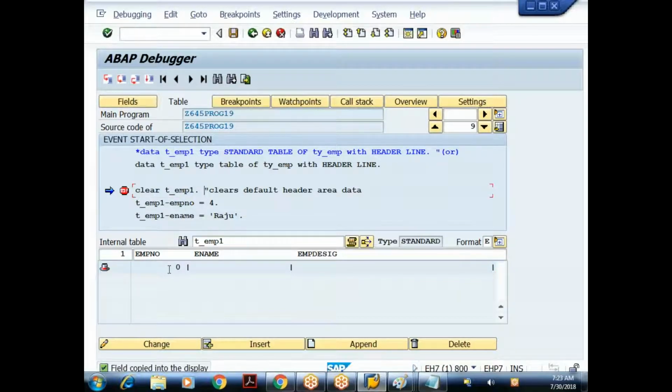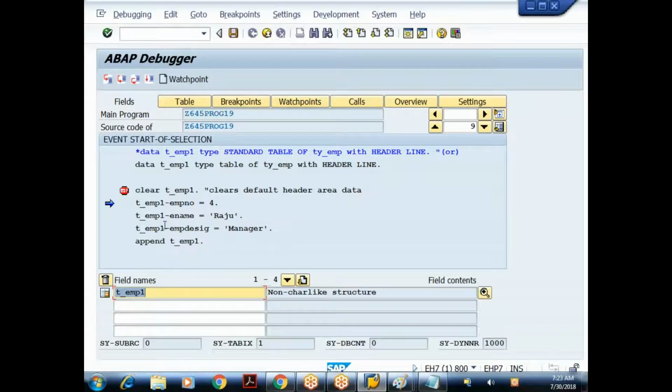So what I am saying, clear? So clear means it will clear the data. As of now, there is nothing to clear. It contains only the default value. So nothing will be cleared. So how do you execute one statement at a time? F5. So when I say F5, done. Okay. So the data is the default data, it will be like that only. Now what are you doing? We are assigning the data now. Since my internal table is with header, this assignment is always assigned where? In the header only, not in the body.